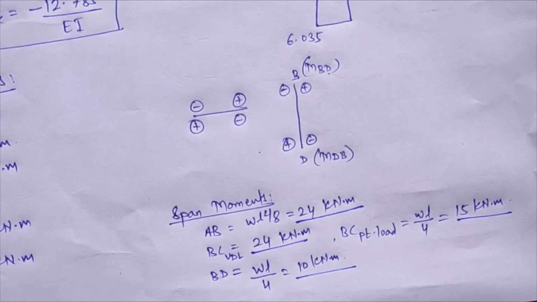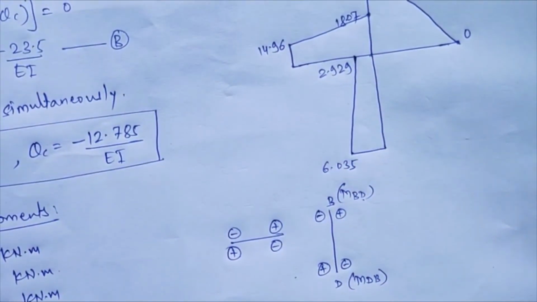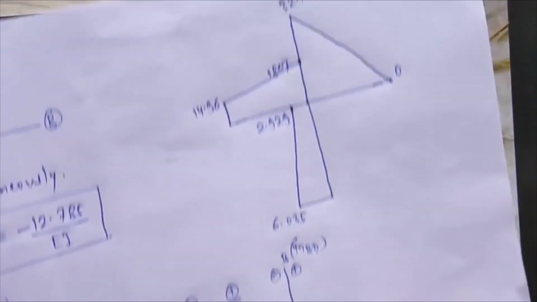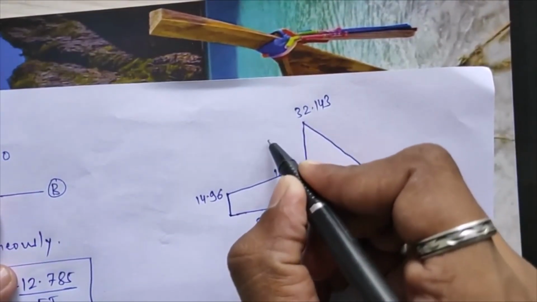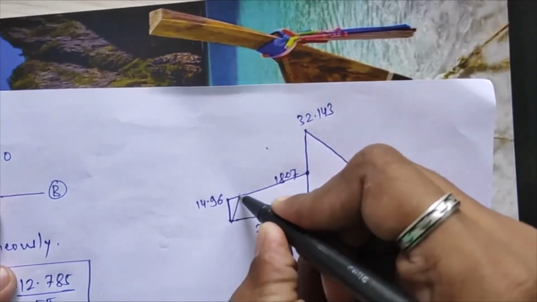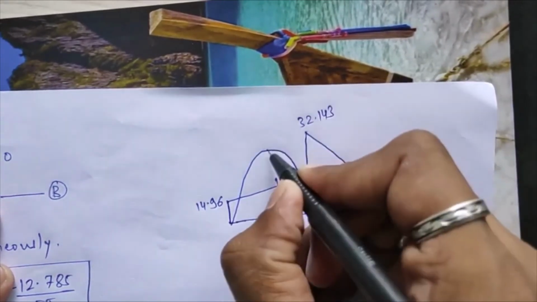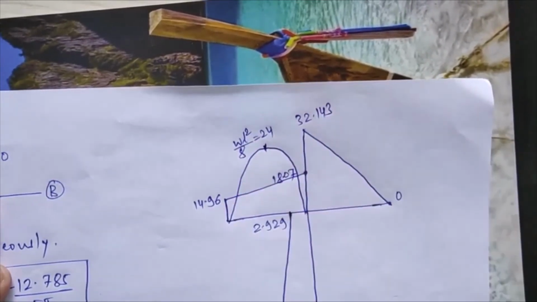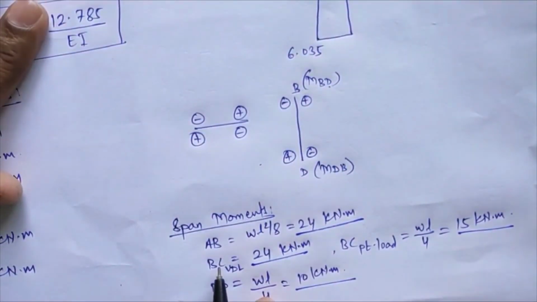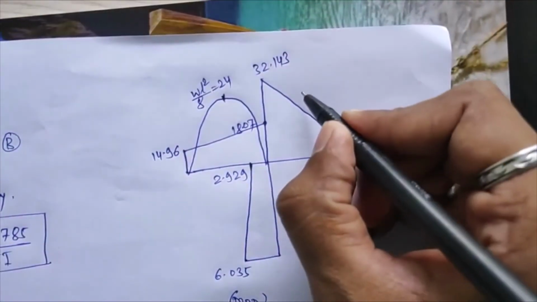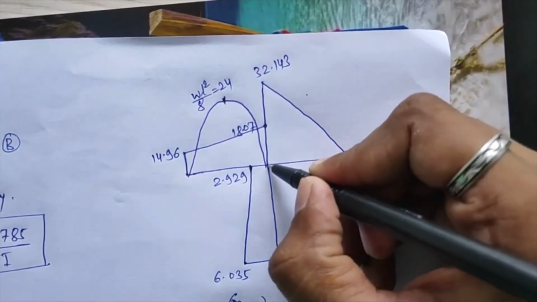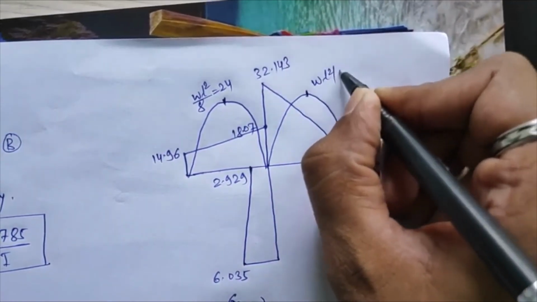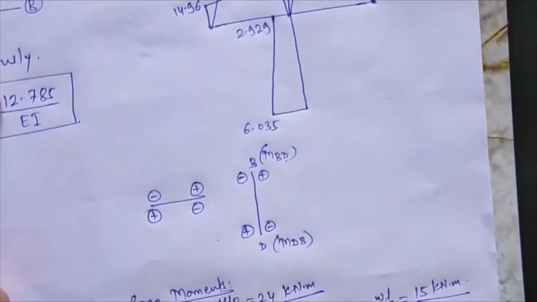Now these moments I have to plot in my bending moment diagram over there. Now AB, that is for UDL, so it will be following a parabolic path of 24 kilonewton meter, maximum at the center 24. Okay, so here somewhere 24 will be over here, so here that will follow simple parabolic path, that will be maximum WL square by 8 is equal to 24. Same for span BC, 24 will be over here, so I am drawing that here also. Okay, so this is WL square by 8 is equal to 24.